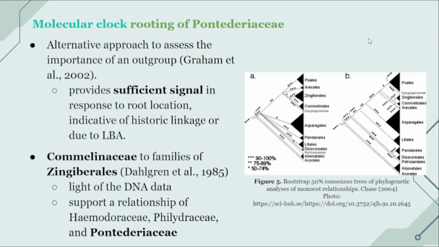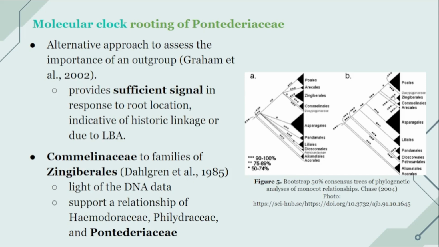For the molecular clock, an alternative approach to assess the importance of an outgroup in rooting the tree is explored by Graham et al. 2002. So this is by establishing whether the outgroup provides a sufficient signal in response to root location, indicative of historical linkage, or is due to long branch attraction, also called the LBA. So using the Pontederiaceae, an aquatic monocot, as the case study, they assess how the nearest outgroup provides for rooting the Pontederiaceae compared to those less closely related relatives, and further investigate the role of the LBA when determining the